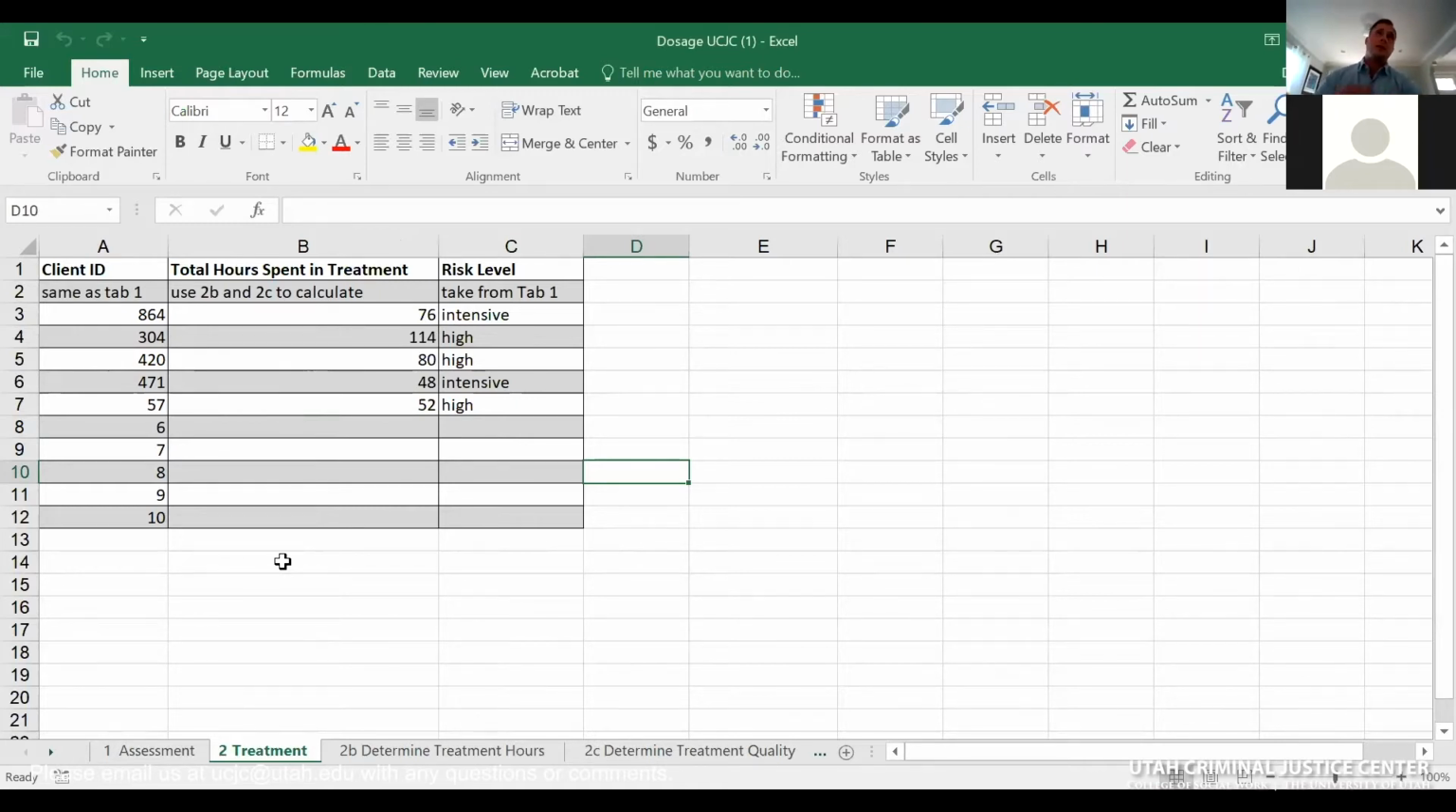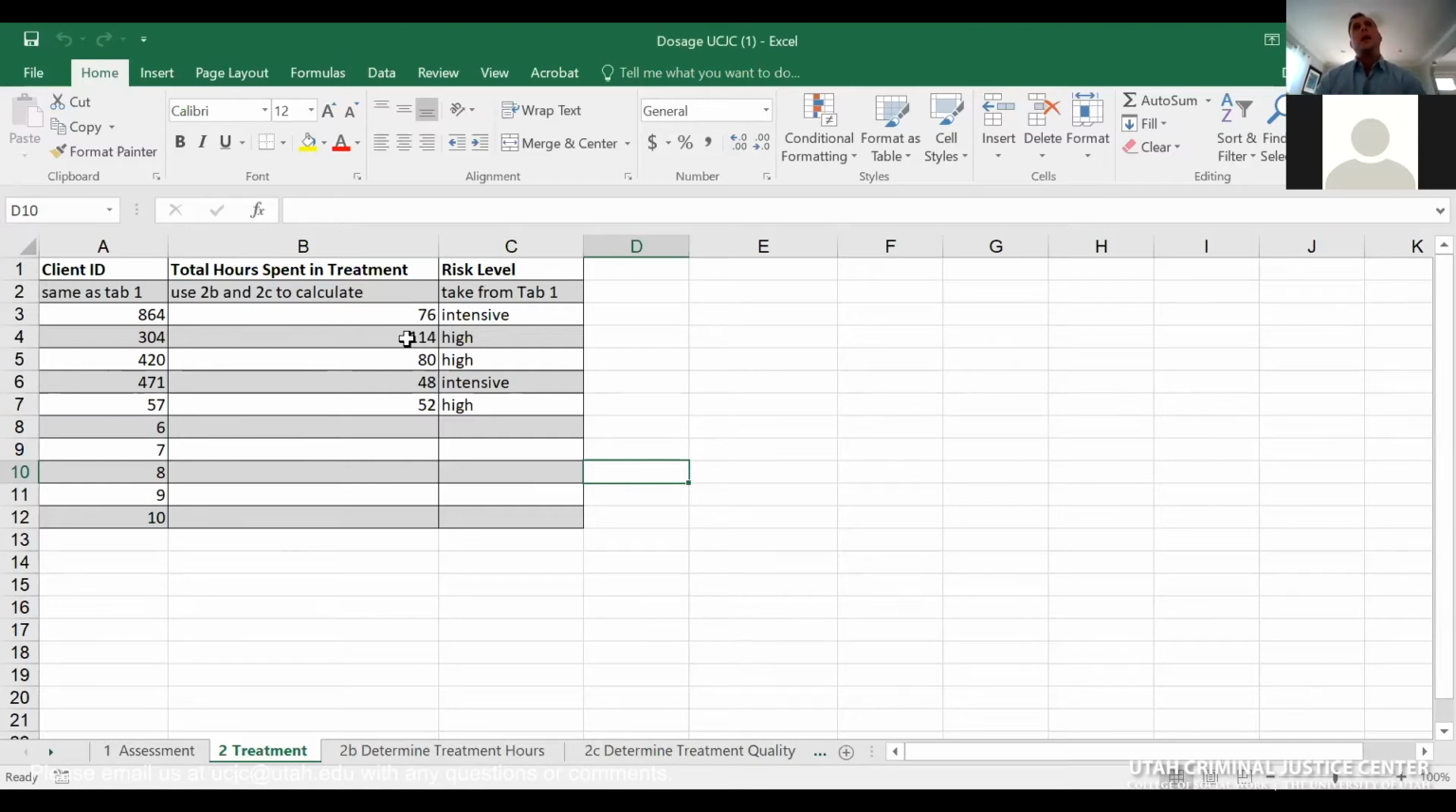I think, depending on the data systems that the agencies have, this might be something that's easily obtainable. Or if you were using this spreadsheet, for example, you could use tabs 2B and 2C and put that information together to build out this total. But again, this just gives us a sense of the total number of hours spent in treatment to this point